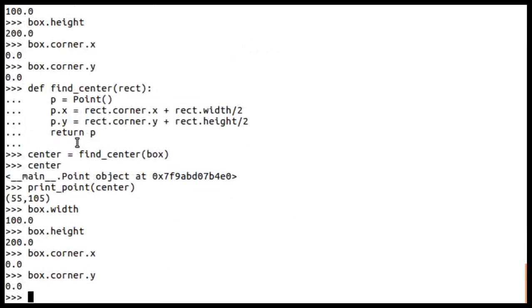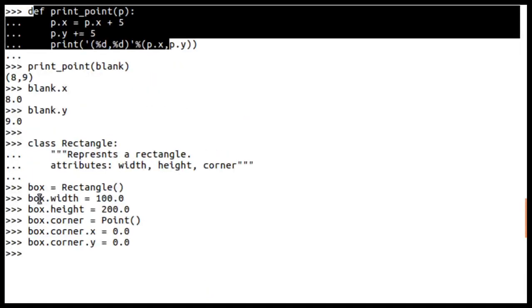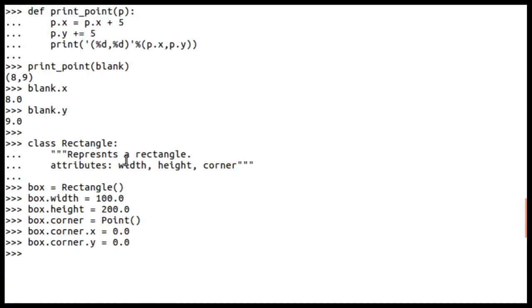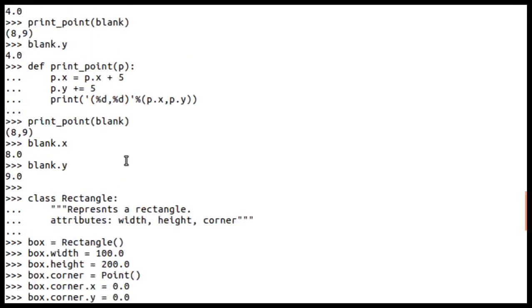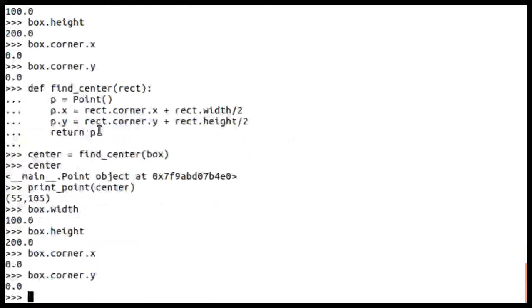As per this, we should get 50 and 100, but while printing, just to show that the alias is going to change the object, I have added 5 to x and 5 to y. Because of that, 50 plus 5 you are getting 55, and 100 plus 5 you are getting 105. Hope this is clear to all of you.